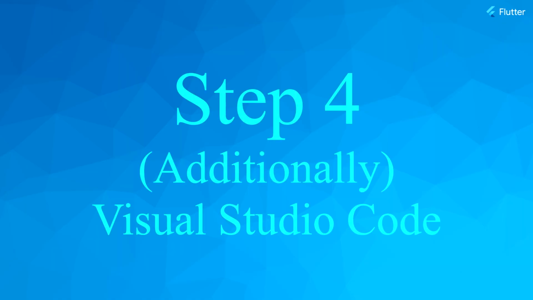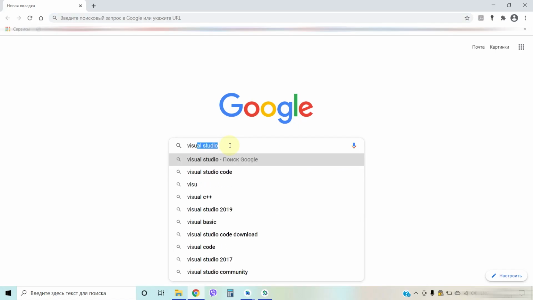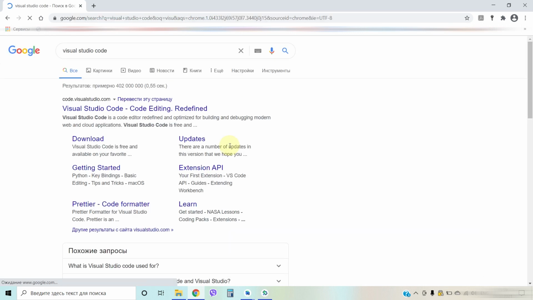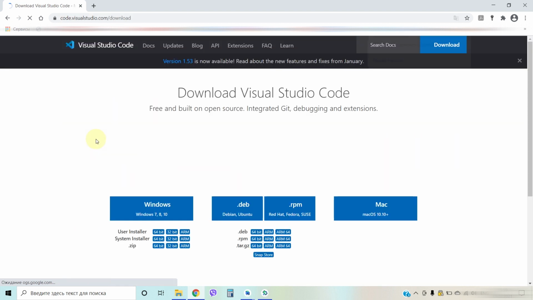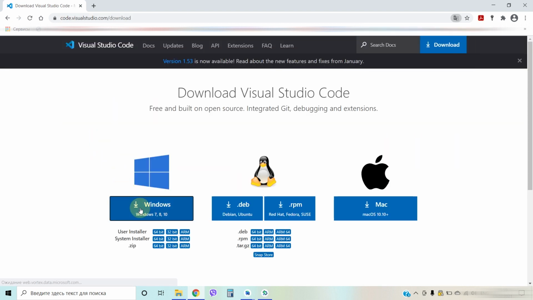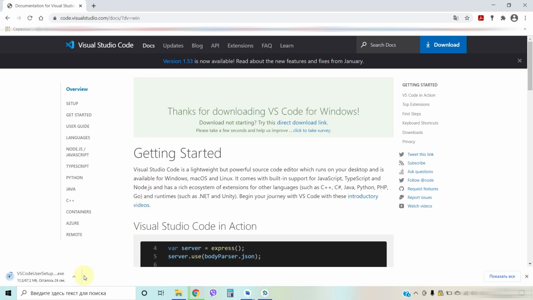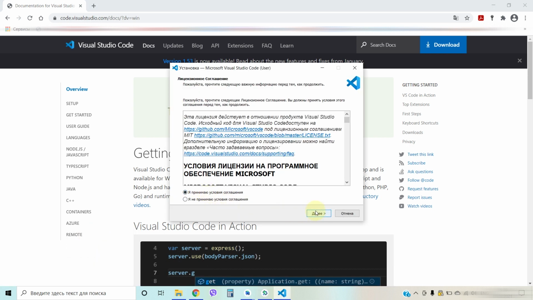Additional step 4. Many people like to work in Visual Studio Code, so let's try it too. Download Visual Studio Code from the official site. After that, install it.